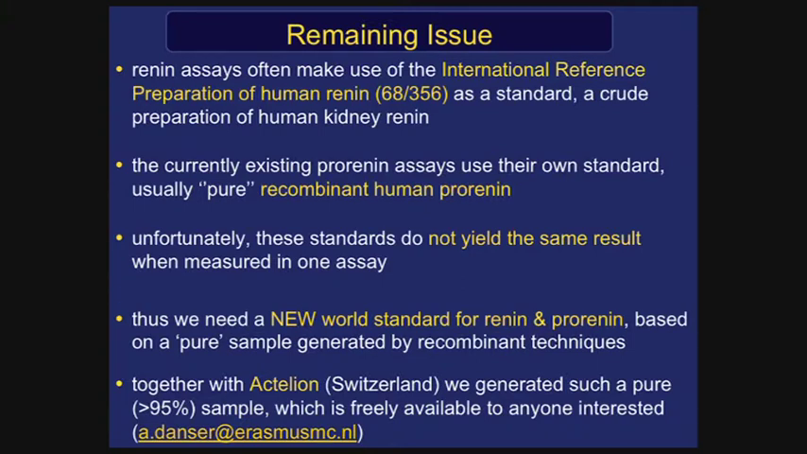And these assays now use their own standards. Of course, these days we can generate recombinant human pro-renin, or rat or other animals' pro-renin. In this case, recombinant human pro-renin is being used as a standard. It sounds very logical. But unfortunately, when we take the standard of this pro-renin assay, we convert it to renin,